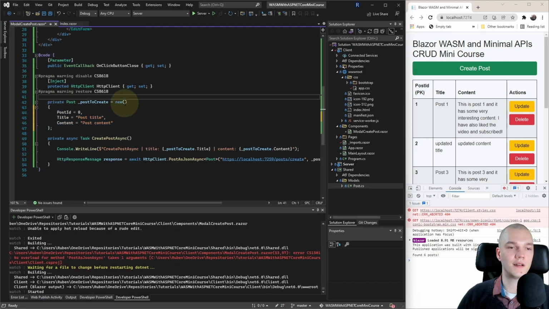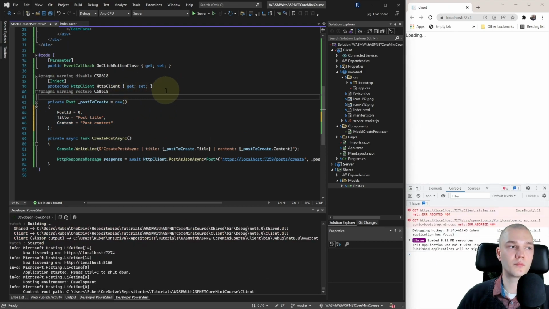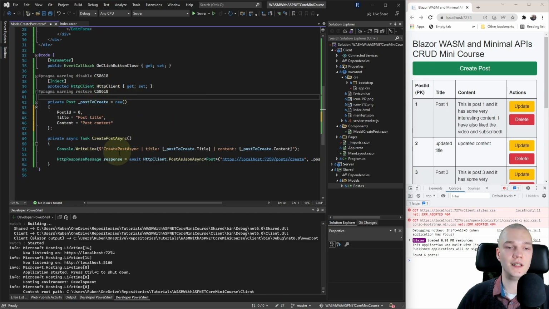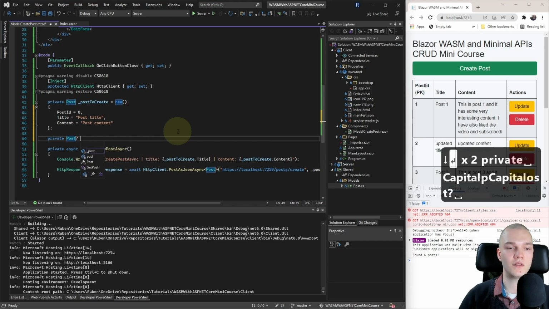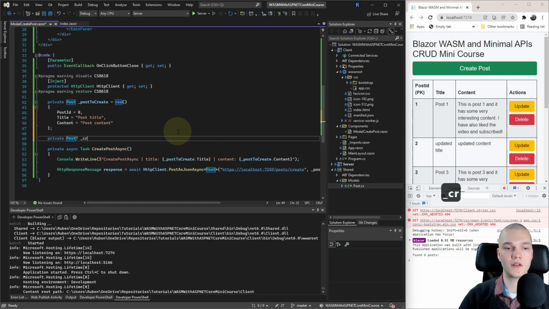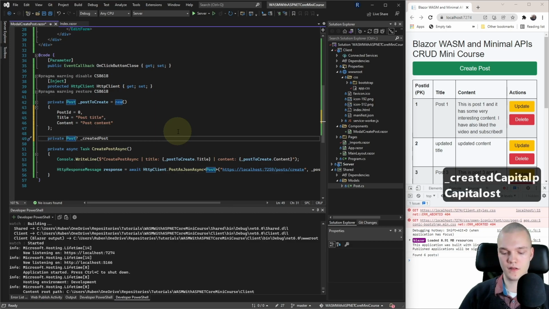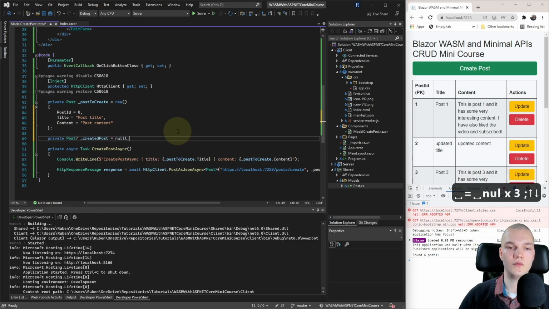So first I'll add a new private field to store the created post that we get back from the server. So below postToCreate I'll add private Post, make it nullable, call it _createdPost, and I'll just initialize it to null.